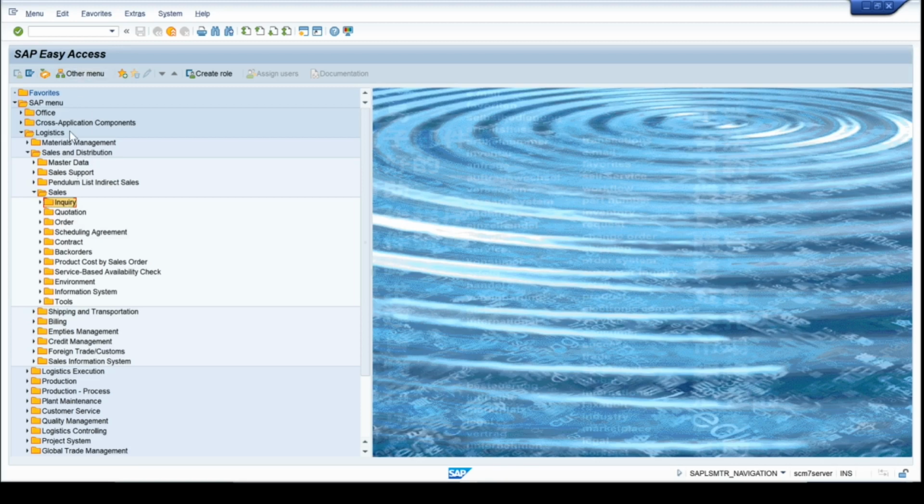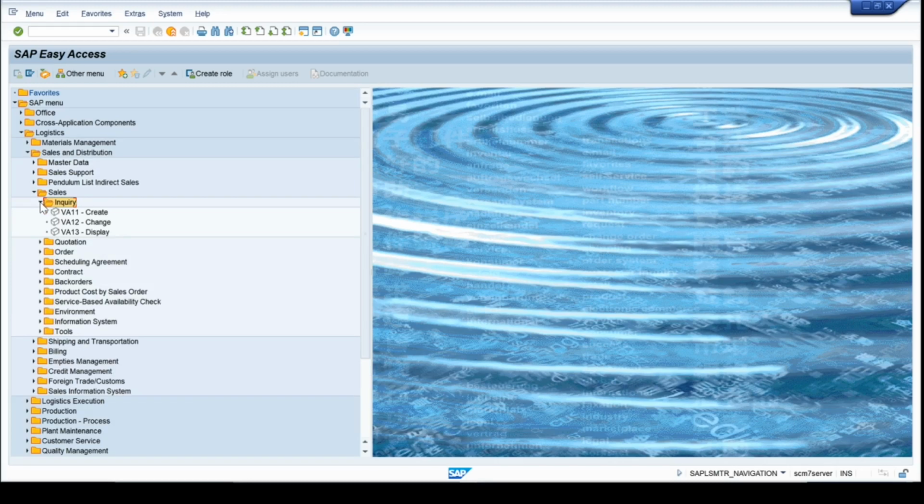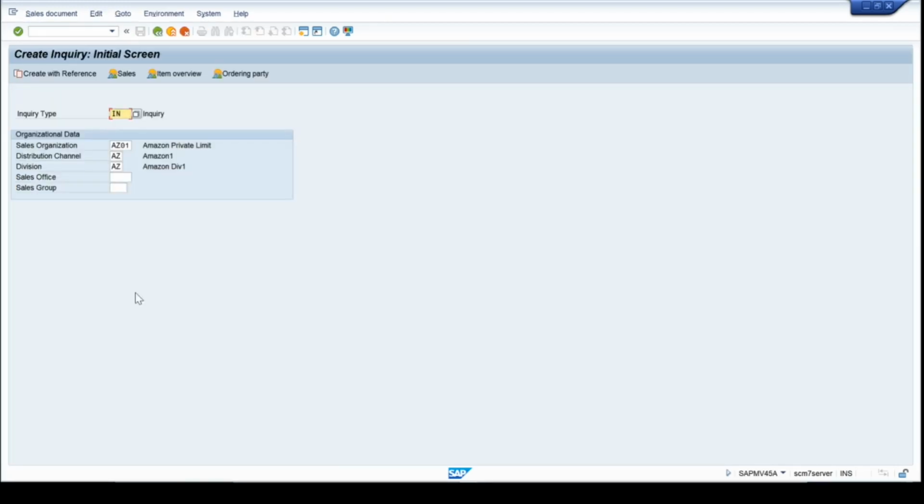Let me go into this folder, VA11. To remember this, you can also just enter it up here, VA11. I'm going to double click, and as you can see, this information is already pre-populated because I have used this previously. That is a useful function of SAP: if you have used any transaction previously, it automatically copies this into the new session. So if I just delete this right now,